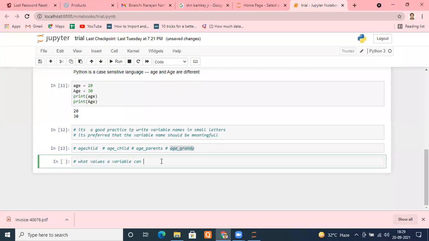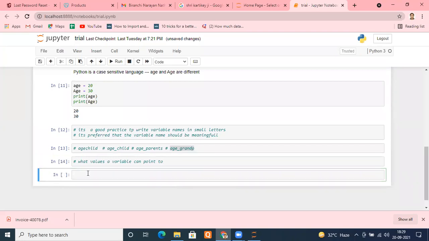What values can a variable point to? Because a variable is a label. Okay, point to. So understand what it can do: whatever data types are possible in Python, it can point to. For example, if we talk about built-in